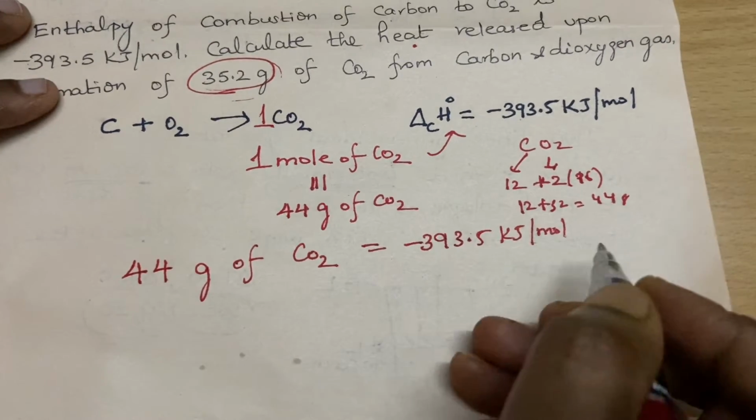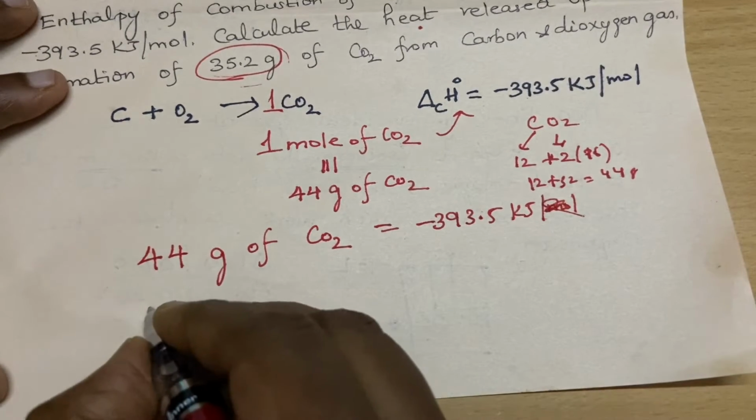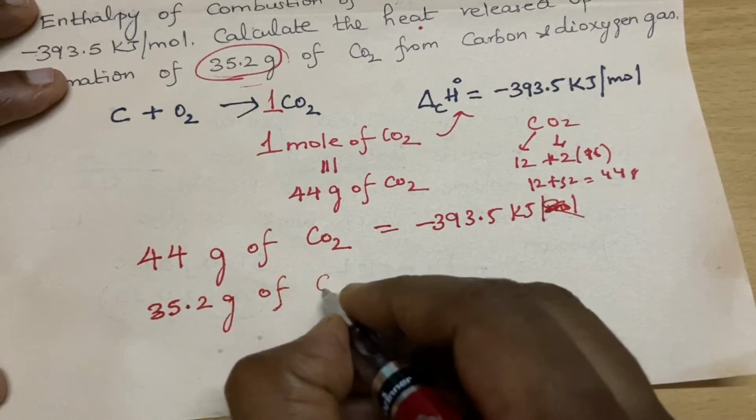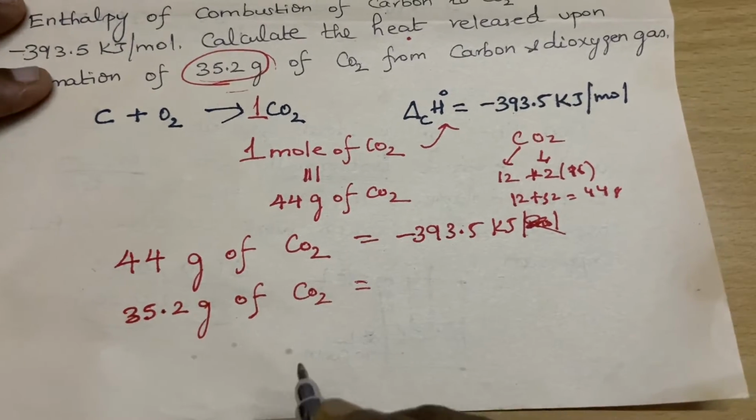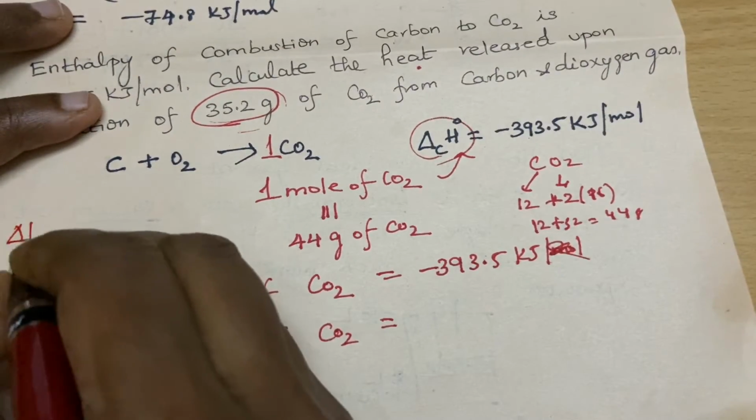Okay, this itself is per mole. Kilojoules is released. Then if I have to prepare 35.2 grams of carbon dioxide, how much energy will be released? See, you know that your delta enthalpy is an